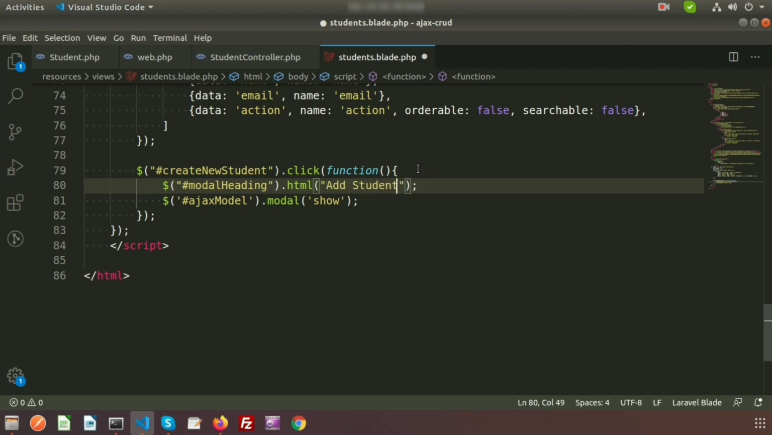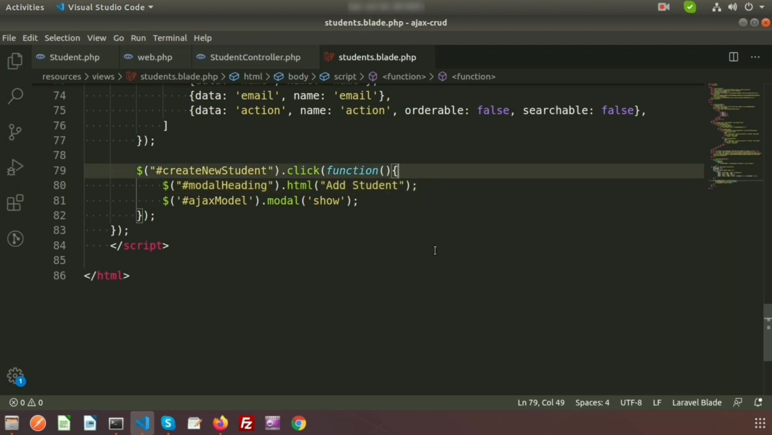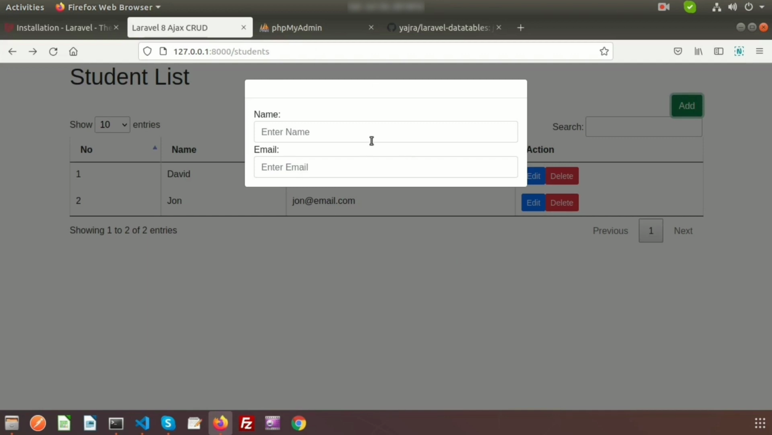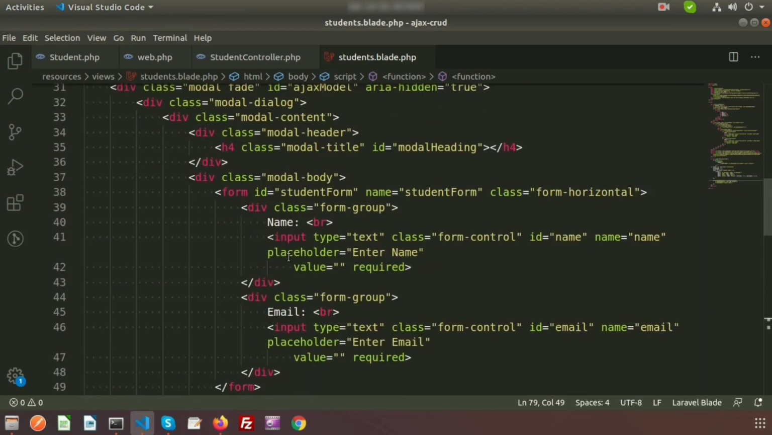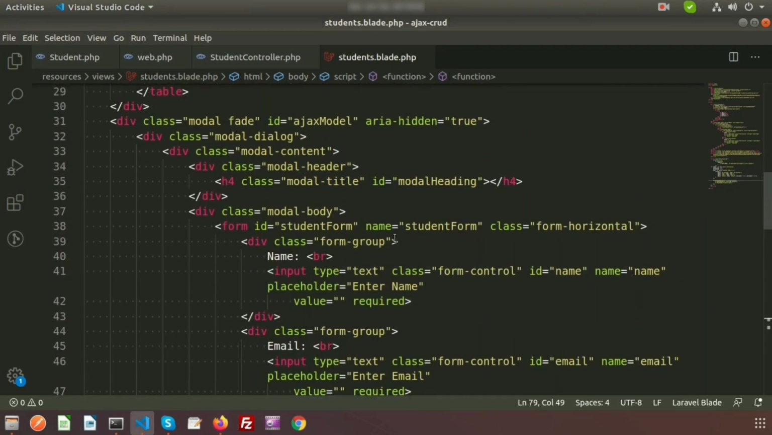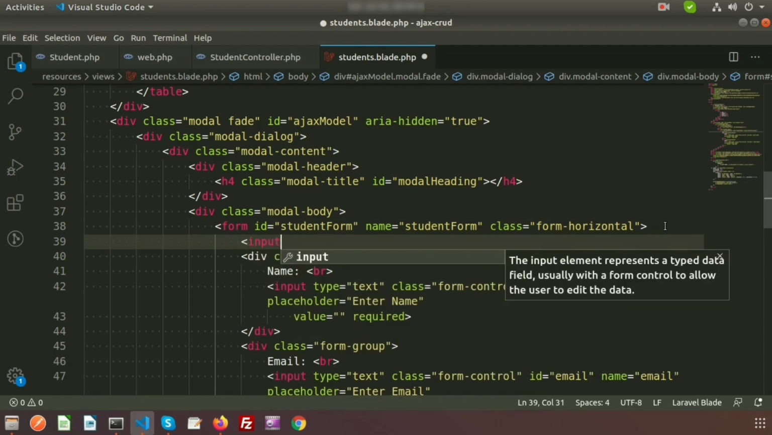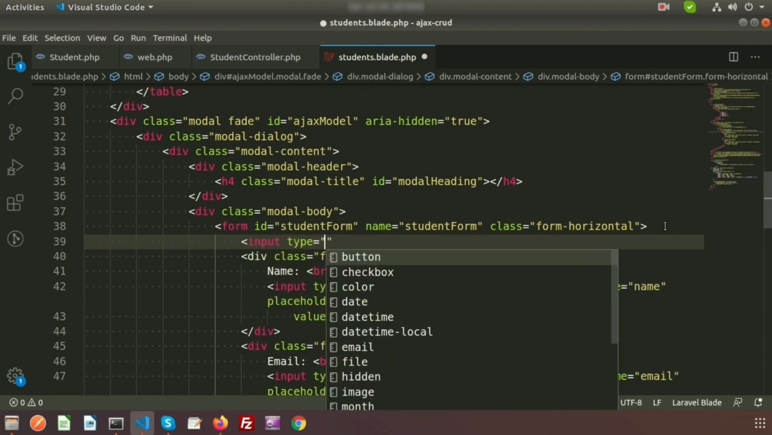Okay, and initially when we add any student, by default the id will be blank because we don't have any id, but when we click on edit it will have an id. That's the reason I am taking a hidden id here, and will manage the add and edit with the same modal form. Okay, so just create an input field, so write input type equal to hidden,